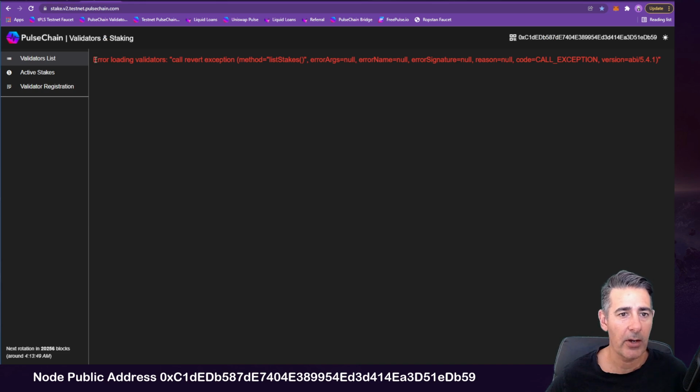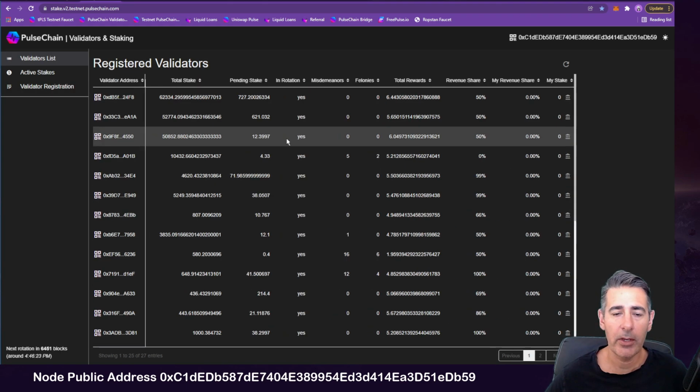Now, if you're seeing this error, this means you haven't got the network connected in MetaMask. Okay, now you've just watched me connect the network, so why am I still seeing this? Well, we probably just need to give it a quick refresh. Okay, there we go. So we've refreshed the page now that we've connected our MetaMask to the Pulse Chain network,